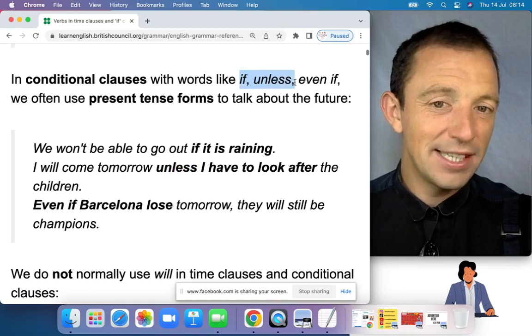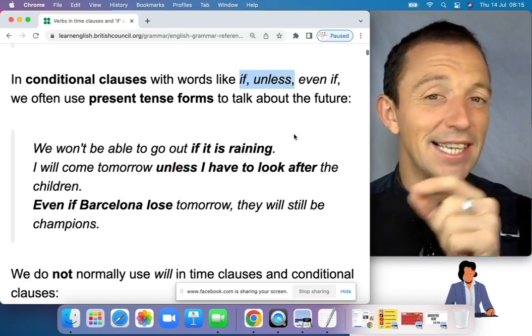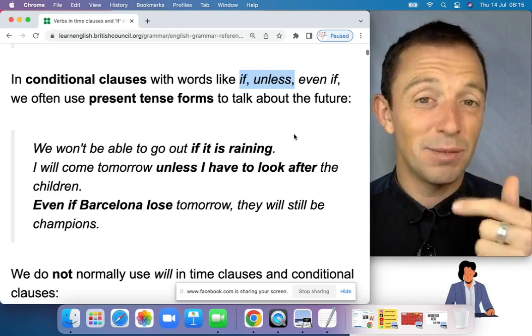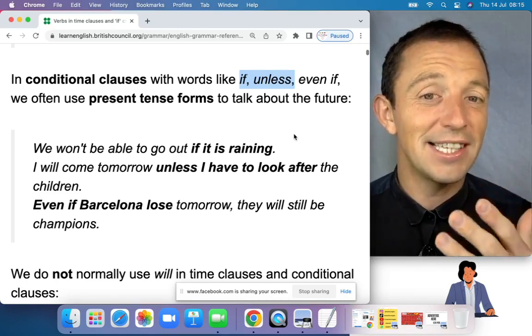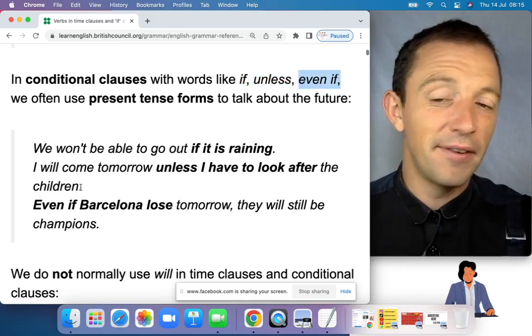If and unless signals the introduction of the conditional. And the conditional in this case is in the present tense, but we are speaking about the future, and that's the lesson. Okay, next. Even if